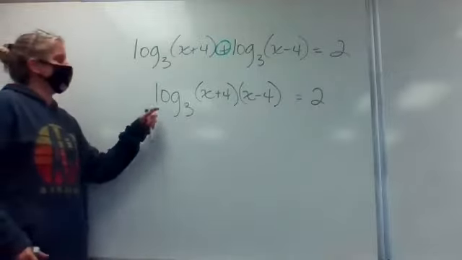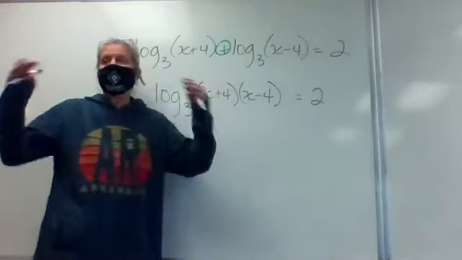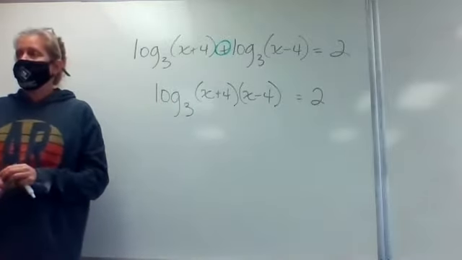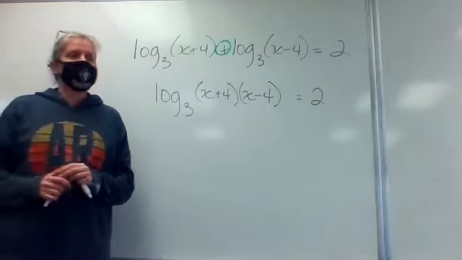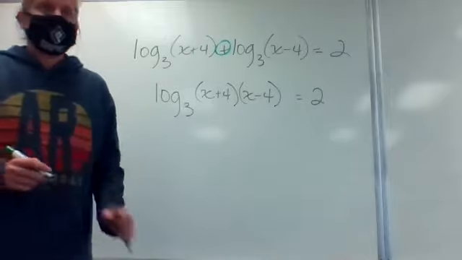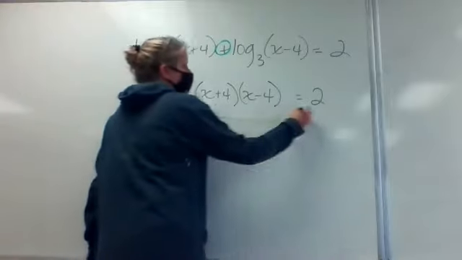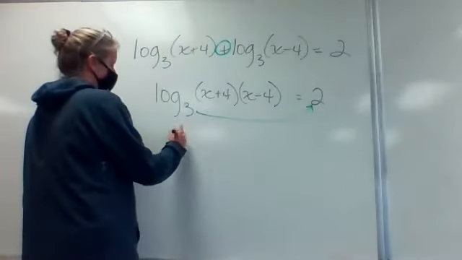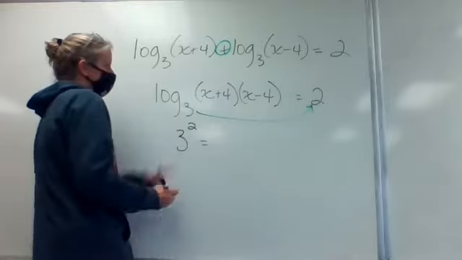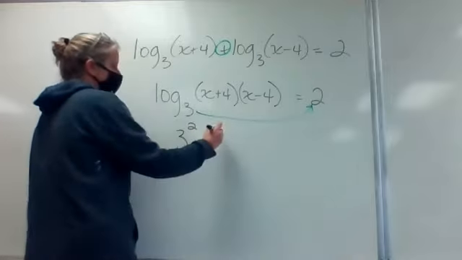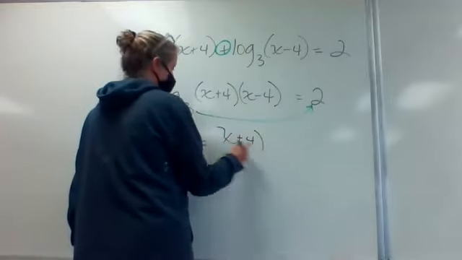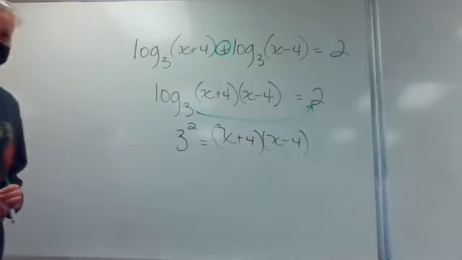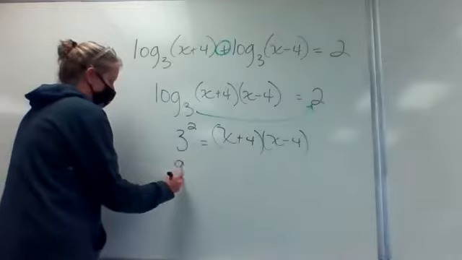Now remember, at this point on the last one, I still had logs on both sides, so I divided them off. But if you just have one log left, that's when you turn it into the exponential equation. Okay, one log left always means turn it into exponential. So I have 3 squared equals x plus 4 times x minus 4. Three squared gives me 9